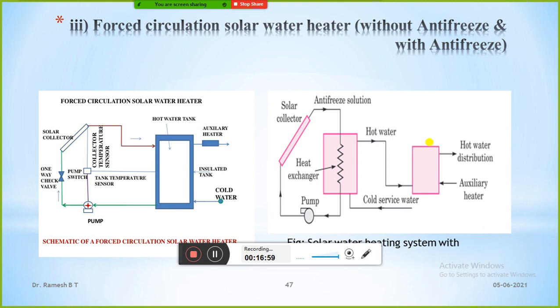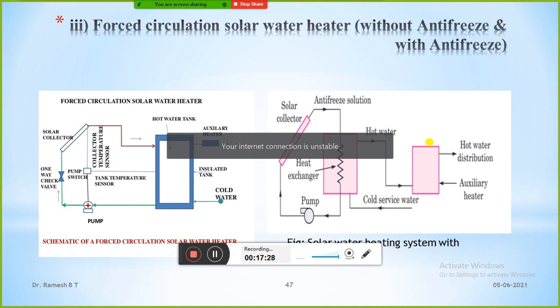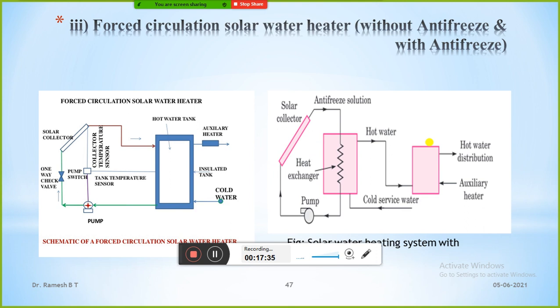The circulation includes an electric pump, of course, and the tank and the collectors are placed there. The hot water tank is placed below the collectors, so that we need some pump or some external work to supply water from the tank to the solar collectors. That's why it is called forced. By force we supply water. So, clear? This system is included with an electric pump,